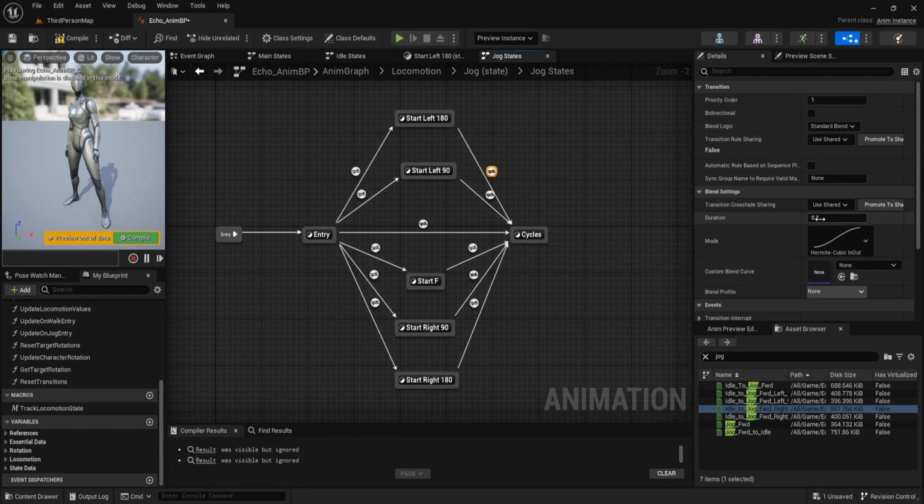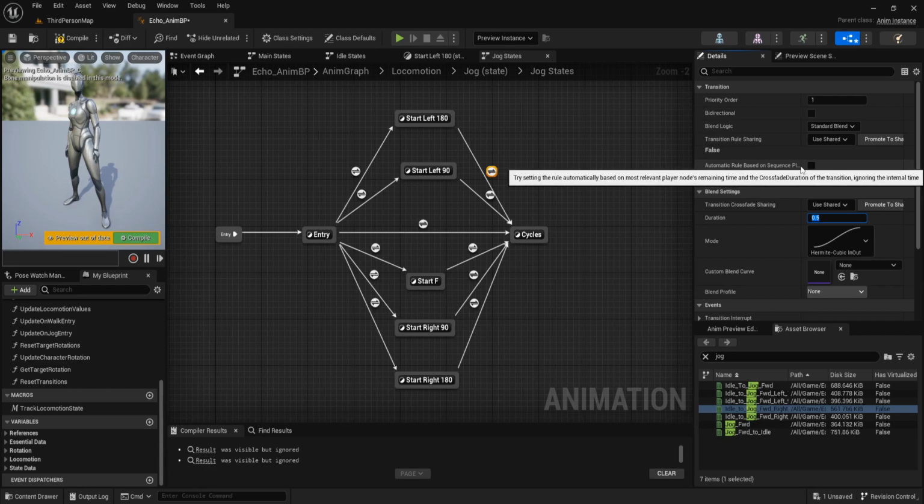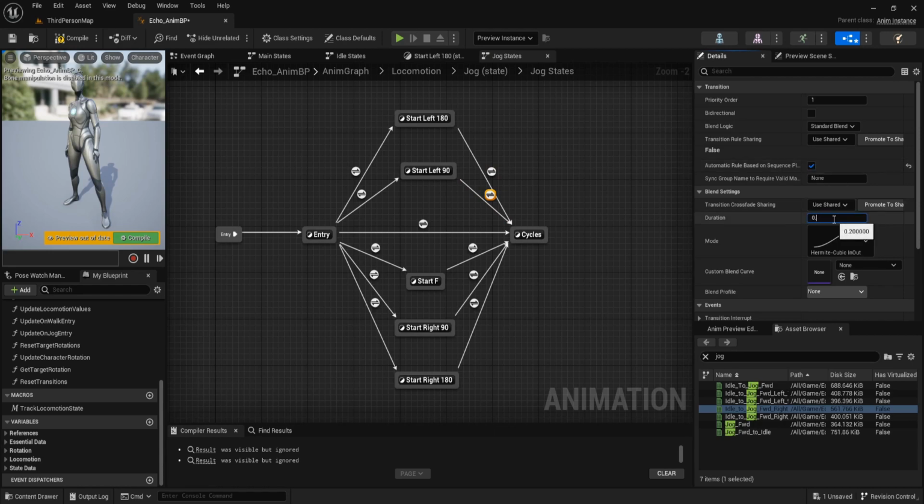And set this duration to 0.5. And set it to true, automatic. This automatic to true, duration 0.5. 0.5, set this to true. And duration again 0.5, set to true.